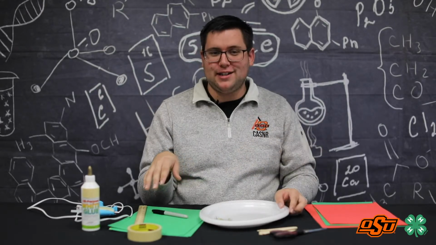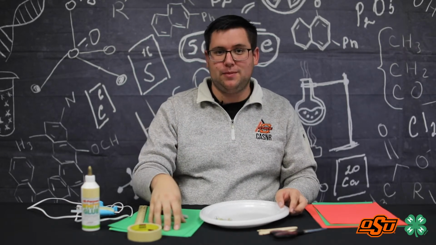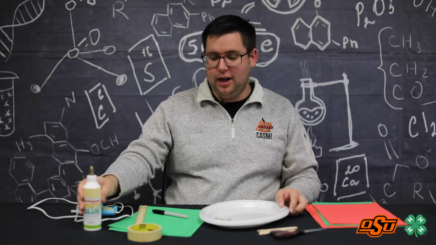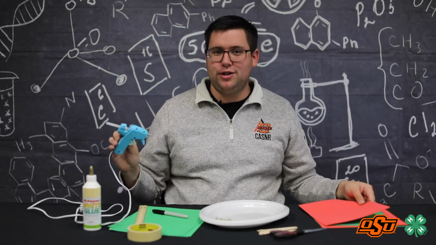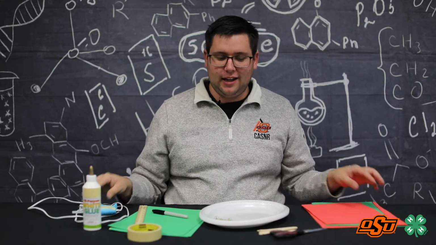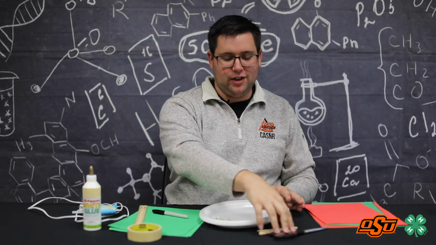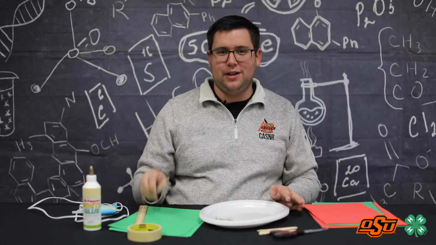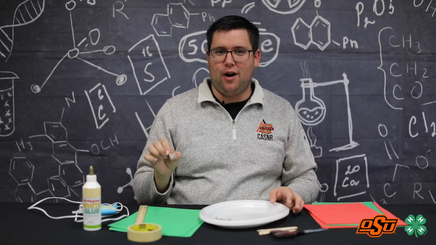You can build your corral system using a variety of materials. You can keep it very simple and just use construction paper and tape or glue. For today's lesson, I will be using foam pieces with hot glue just to make it a little bit sturdier, and then you can also have a ruler and some scissors just to cut everything, and then I will be using a marker for my design just to sketch it out on my plate.